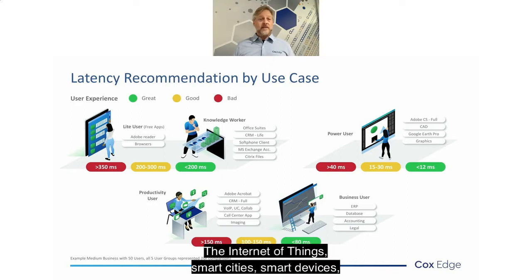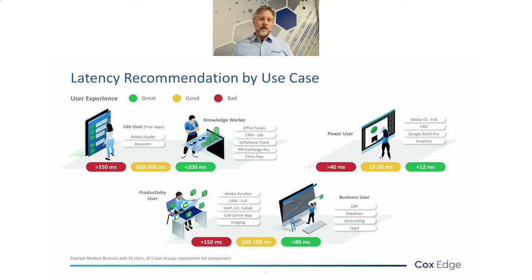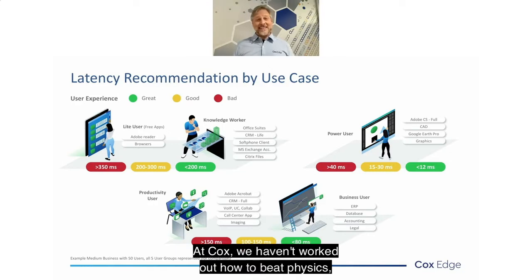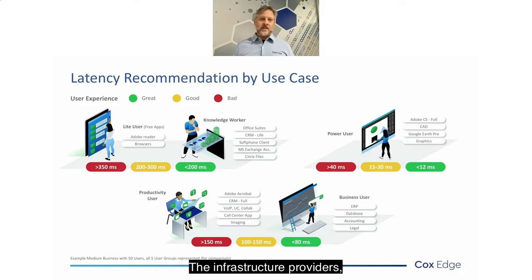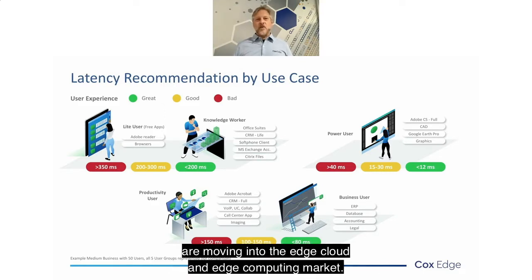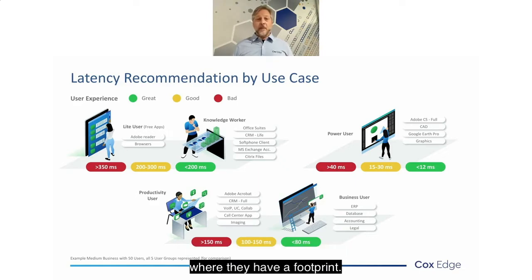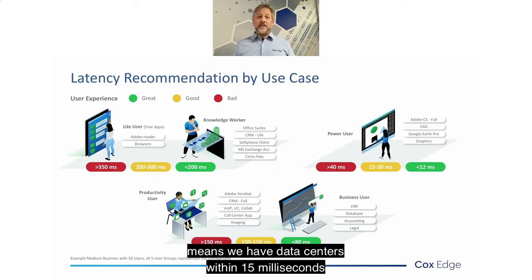The Internet of Things, smart cities, smart devices, they all have expectations and demands like never before. At Cox, we haven't worked out how to beat physics, but the latest generation of edge cloud companies are bringing their data centers into the market, and it's making a different solution possible. The infrastructure providers, the companies with nationwide networks, are moving into the edge cloud and edge computing market. They're turning up edge data centers in every metro area where they have a footprint. Where I work, turning all those up means we have data centers within 15 milliseconds of most of the eyeballs